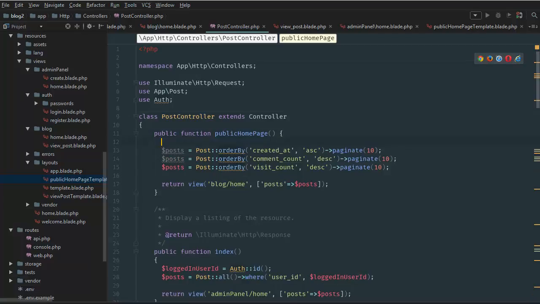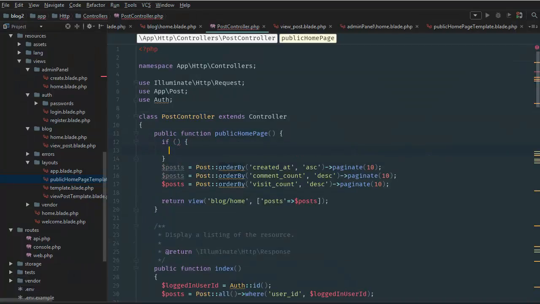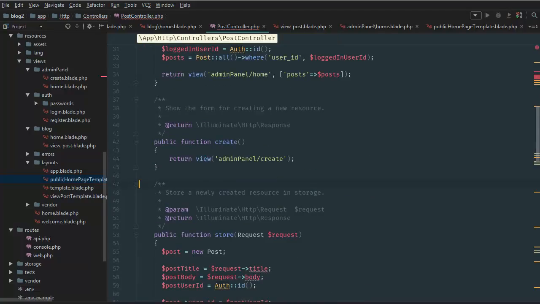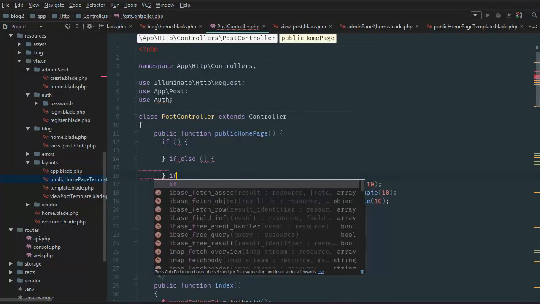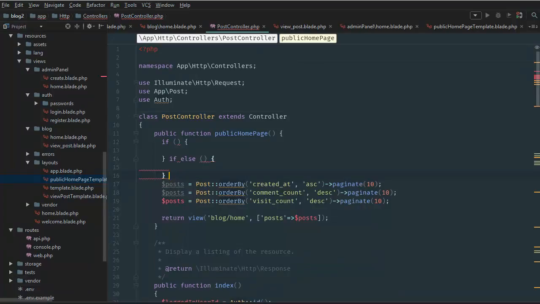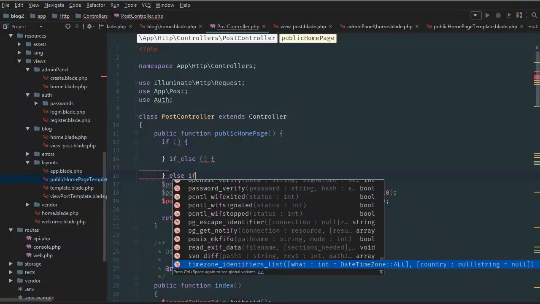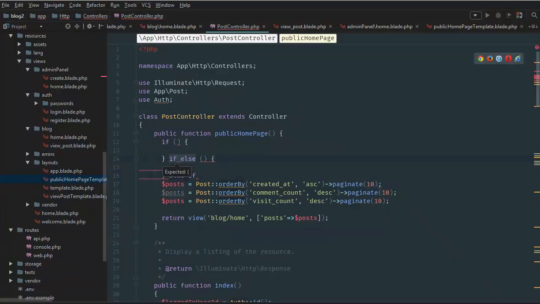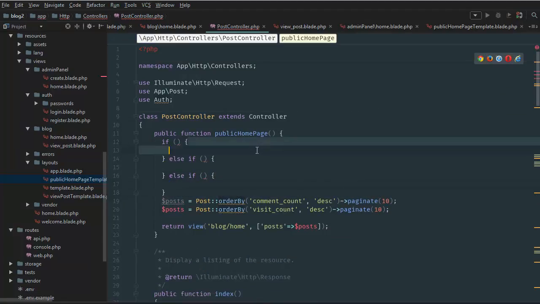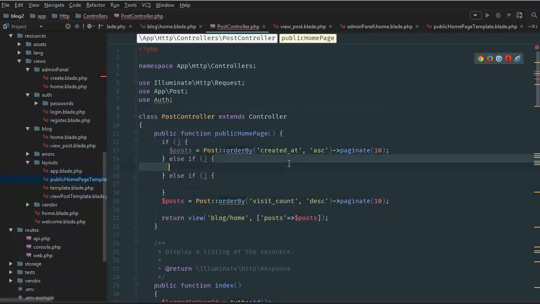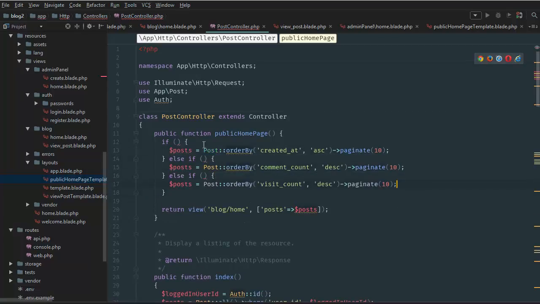is create an if else function here. So we go if, and then we're going to do else if, then one more else if. I think it's else if. And we just want to copy and paste this inside here, and here, and here. So we're going to say if, and then we want to use the request,